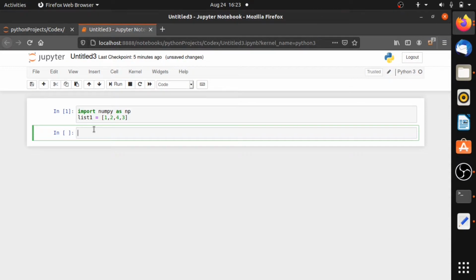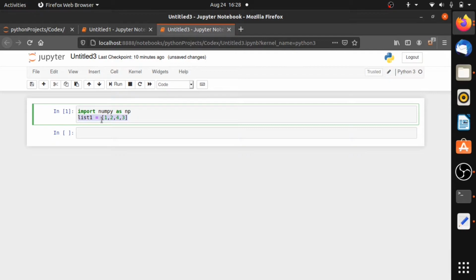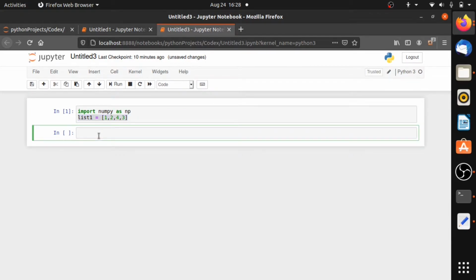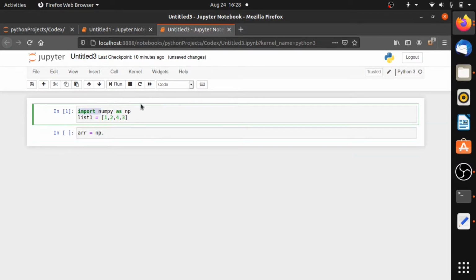Now to use this list variable as a NumPy array, we have to do this. In this lecture we are going to learn the different ways to create NumPy arrays in Python. The syntax is given here. Let us consider a variable arr that equals np.array, and I'm writing np here because I have imported NumPy as np.